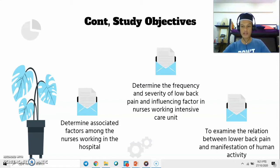The last objective is to examine the relation between lower back pain and